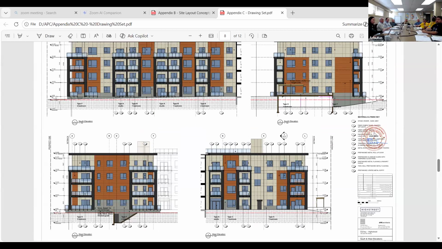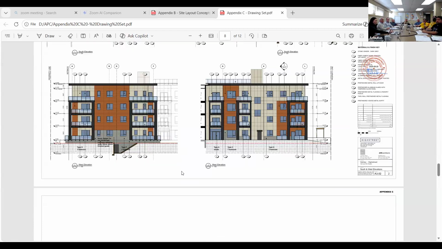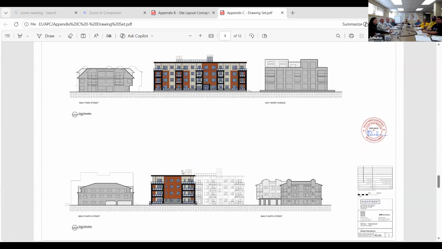So when I look at the buildings, and there is a streetscape, I don't know if it's in this package. Yeah, we have a pretty rendering. That one. Conceptually. So when I look at the 4th Street elevation, I'm a little concerned relative to the OCP guidelines about how it fits in with the other 2 buildings, which have a pretty good street presence. On this one, I don't mean to be unkind, but you're sort of looking at the end of the building. And that's a concern for me in terms of how it would fit with that streetscape.